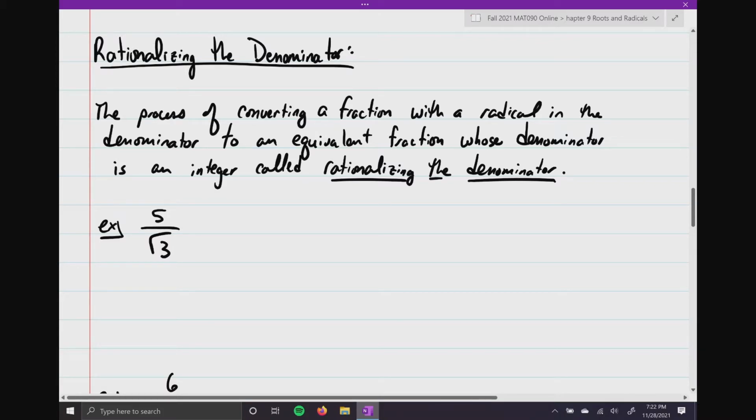What we're going to have to do is convert this fraction to, and here's the key word, or keywords, equivalent fraction. In other words, when I put this equal sign here, this fraction that I'm going to put a box around when I'm done has to be equivalent to the one that I have here. So if you think about that,